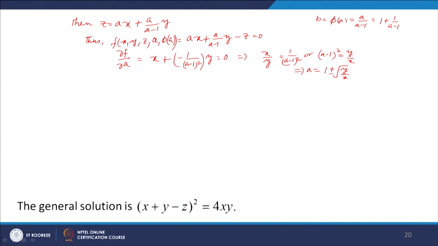Now, let us eliminate the parameter a between this equation and this. We call this equation 4 and this equation 5. So, between 4 and 5